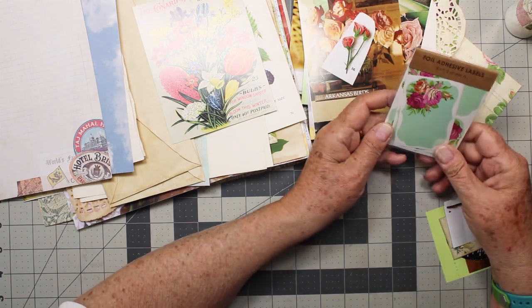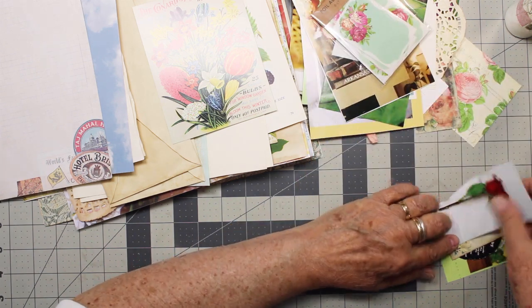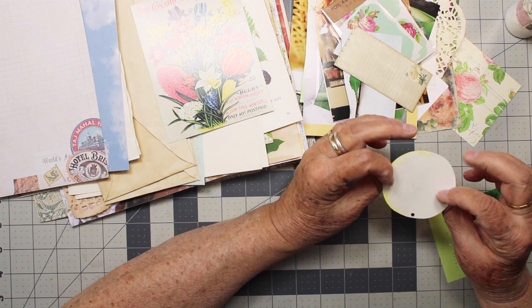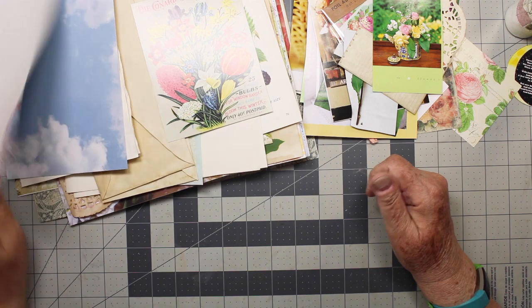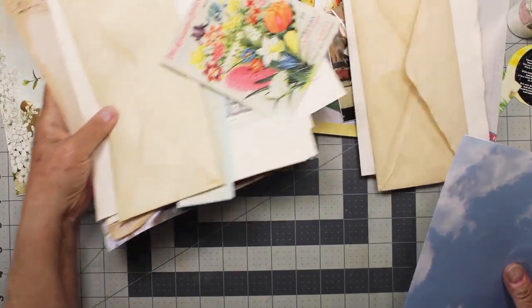And then I have these little, I think these are Mrs. Sparkle and Company, little labels with roses on them. Another rose. Another rose. Moon Baby. I don't know what that has to do with roses. And another rose. So what I'm thinking is, now I've made a mess,